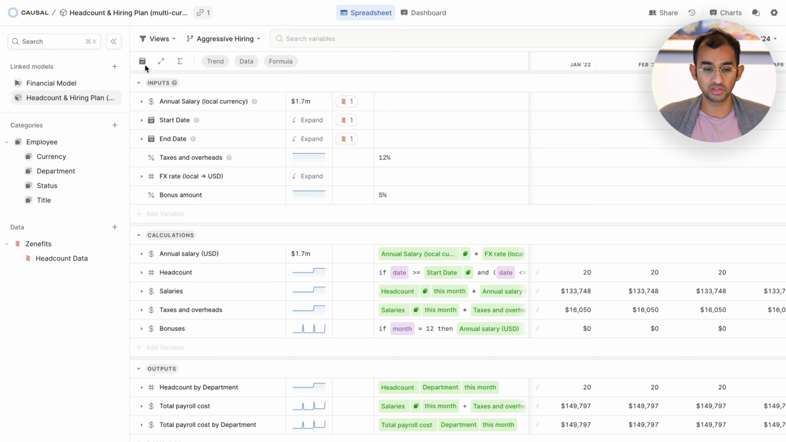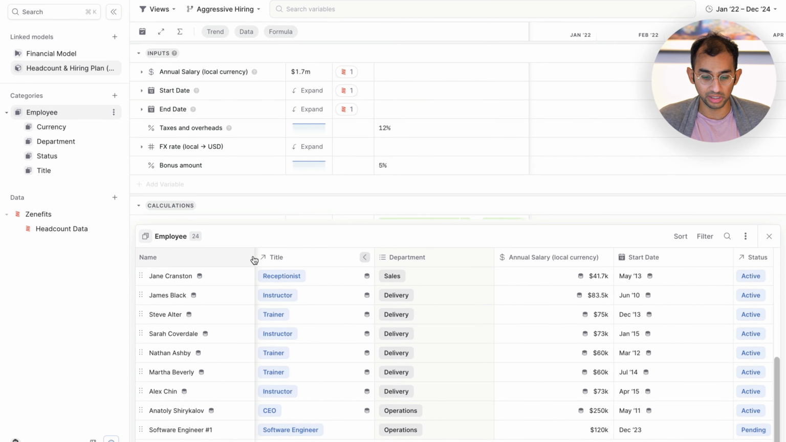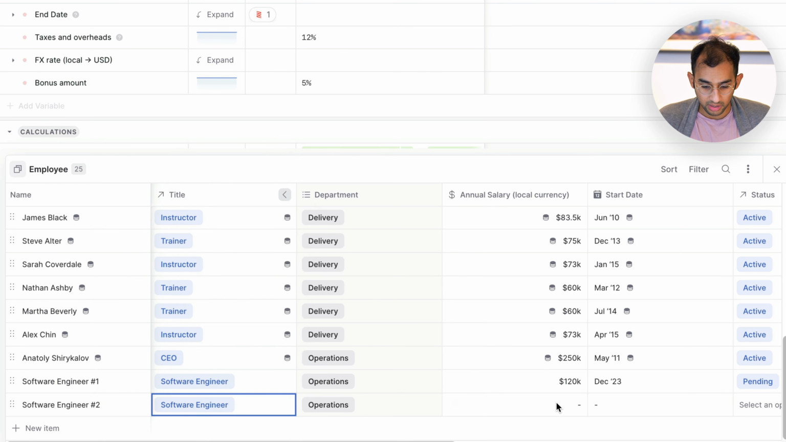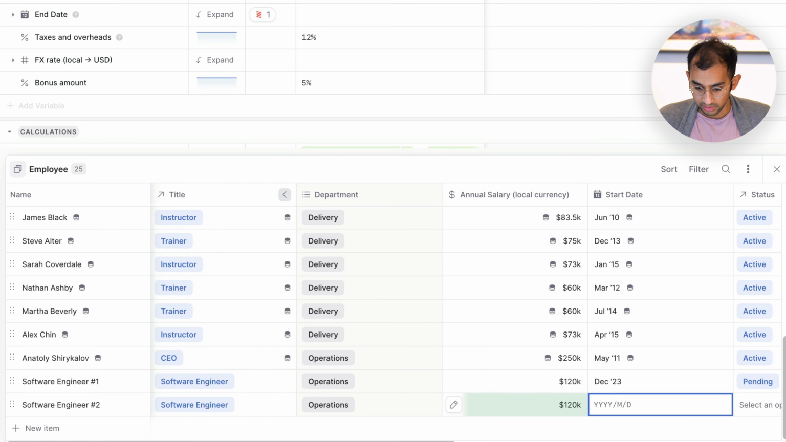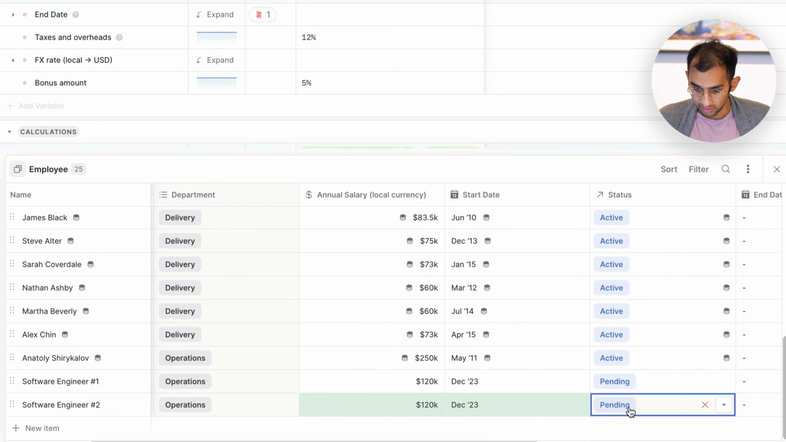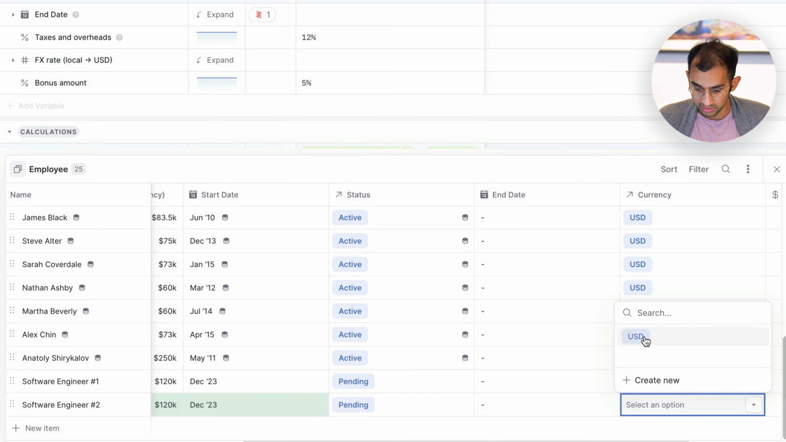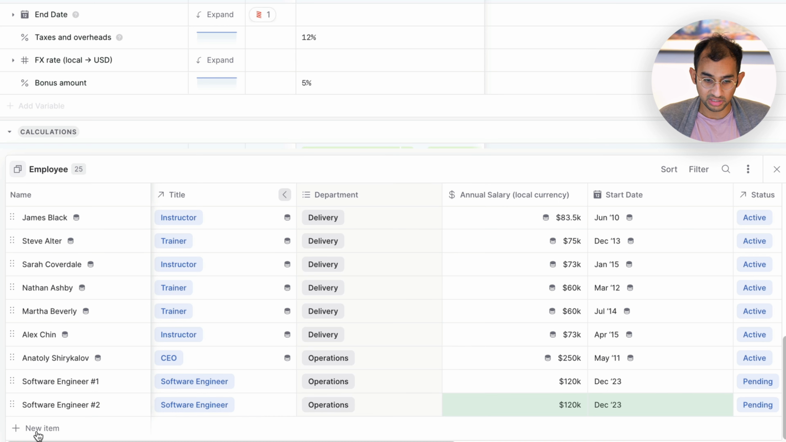And so from this scenario, we can go into that employee list and we can add a couple new hires. Maybe we'll have another software engineer, they'll have the same salary. Maybe they'll also start next month, and they'll be pending. They won't have an end date yet, and they'll be in USD. And since this is the aggressive hiring scenario, maybe we'll add a couple more as well. So software engineer number 3,